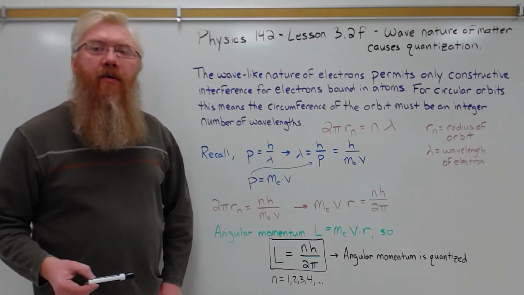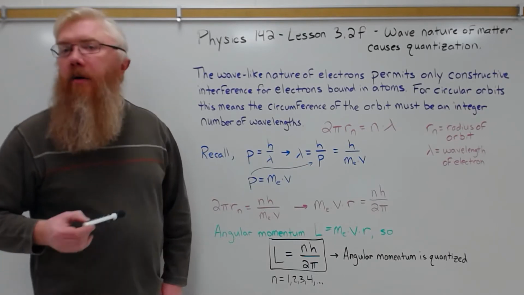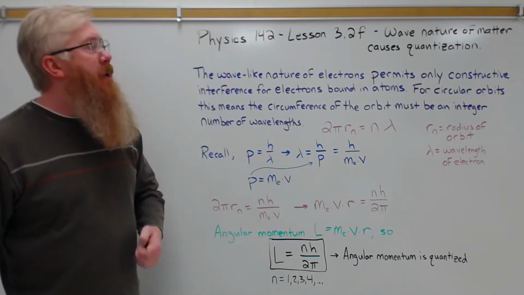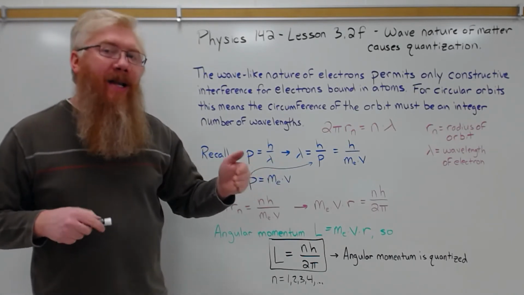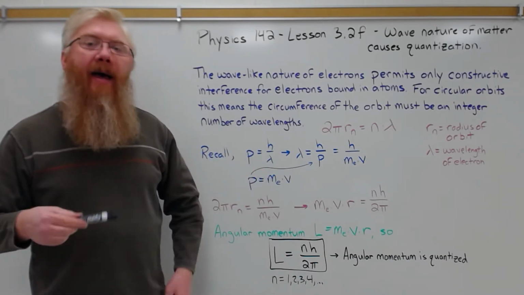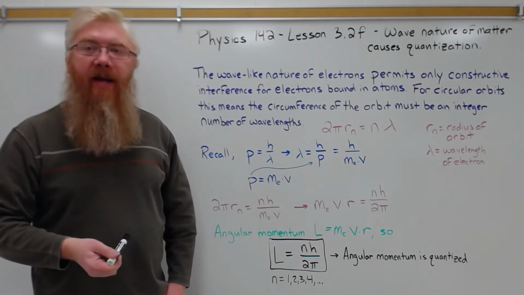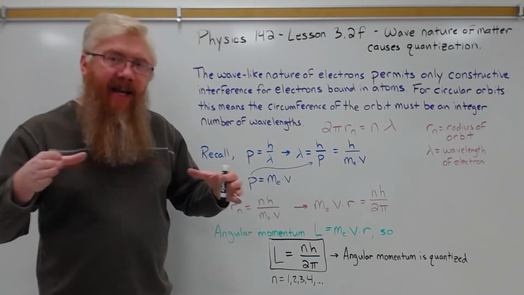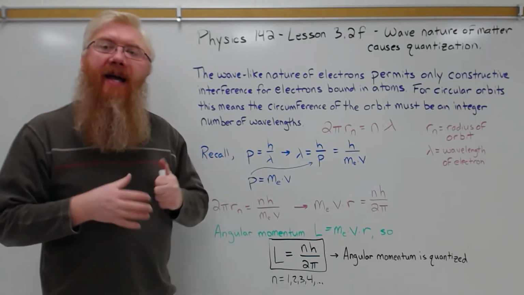We talked about Bohr's model of the atom earlier, and now let's look at that once again. This section of your textbook talks about how the wave nature of matter leads to the quantization of energy states and allowed orbits for electrons around an atom. Unlike planets, which can orbit basically at any distance around a star, electrons cannot orbit at any distance